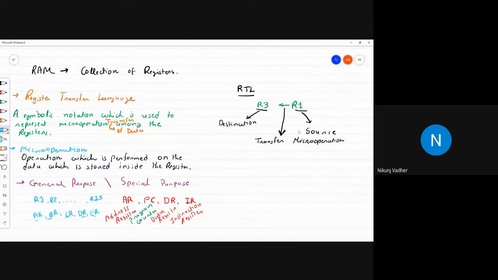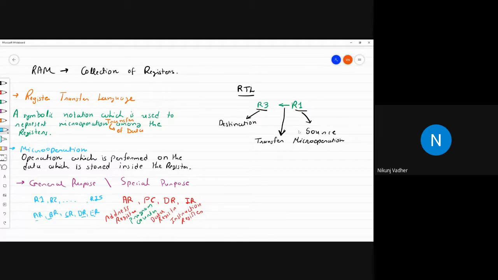Now, these general purpose registers will be part of the CPU. They will be inside the CPU. Whenever you are working on any program and performing any calculation, the intermediate result will be stored in these general purpose registers.